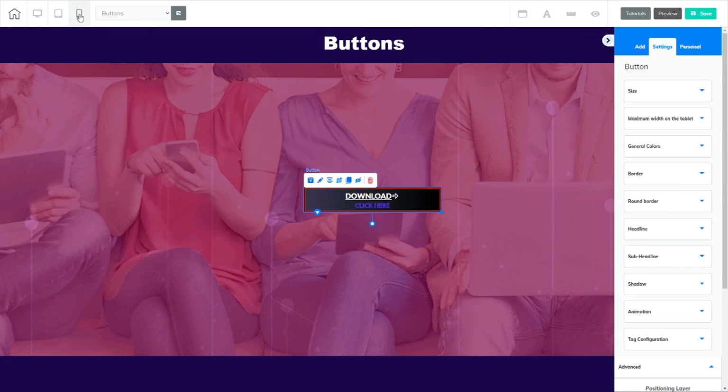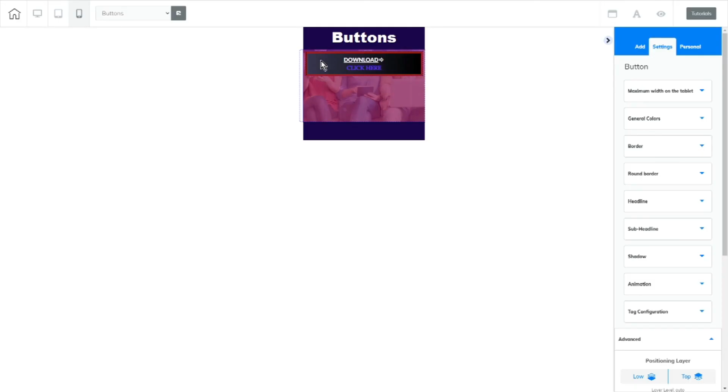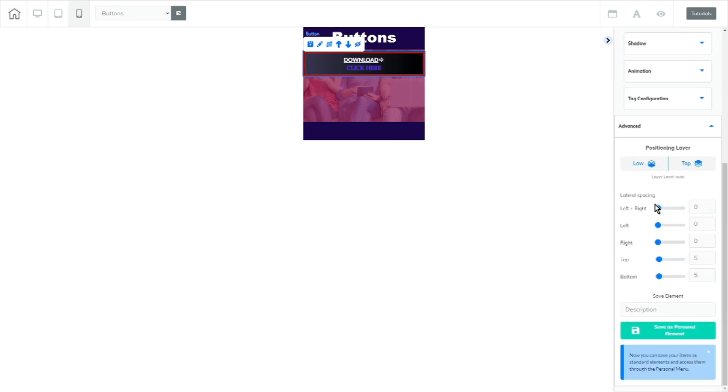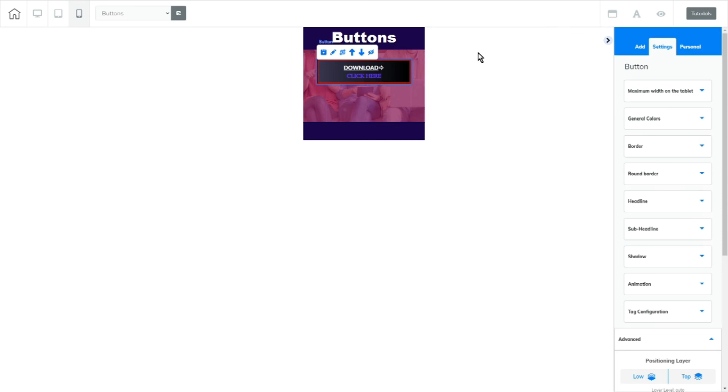Let's go ahead and go to the mobile view. And if you left click in the button and click Edit Element, you'll see that you have these options here. If you want your button to have more space on the right or left, you can simply adjust the lateral spacing here. You could also add space at the top and at the bottom here. If you want to adjust the headline or the sub-headline on the mobile view, all you need to do is click here,